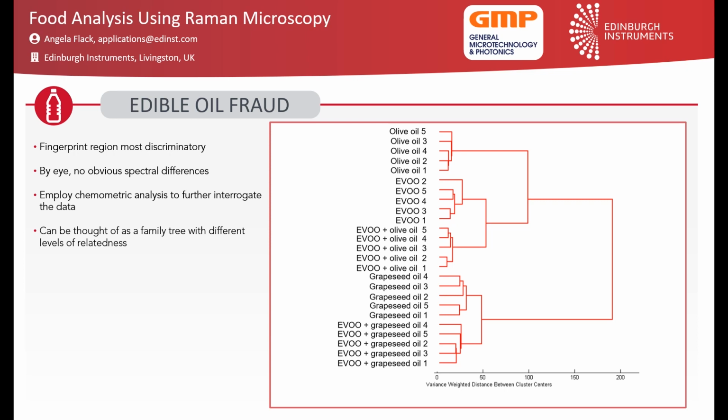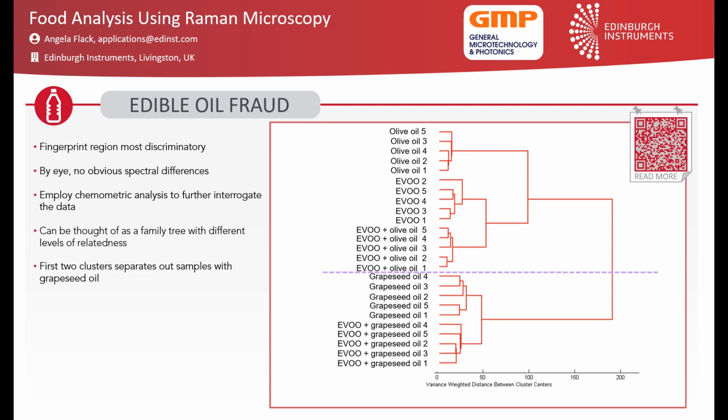In this case, we've used hierarchical cluster analysis, and this essentially can be thought of as a family tree of relatedness. So first of all, we get 2 clusters separating out any samples with grapeseed oil in it from those that do not contain grapeseed oil. And then as we work further down this tree, we can see that we can even separate out the 2